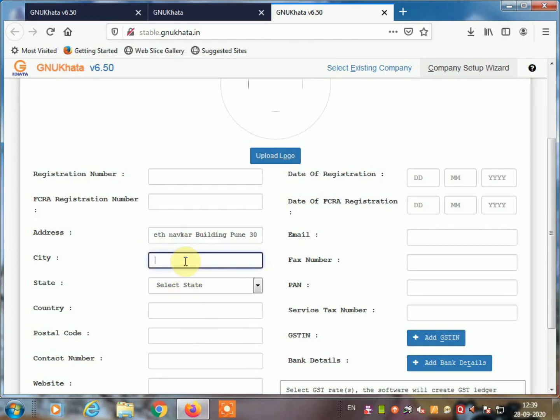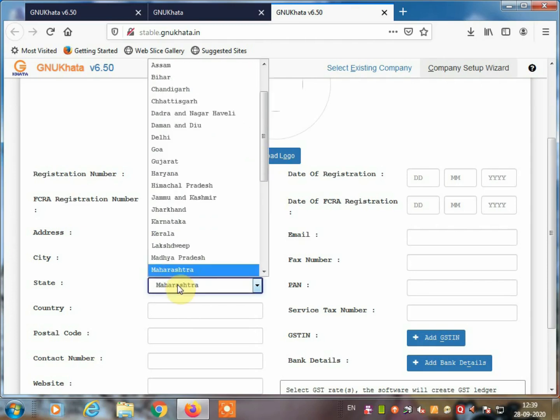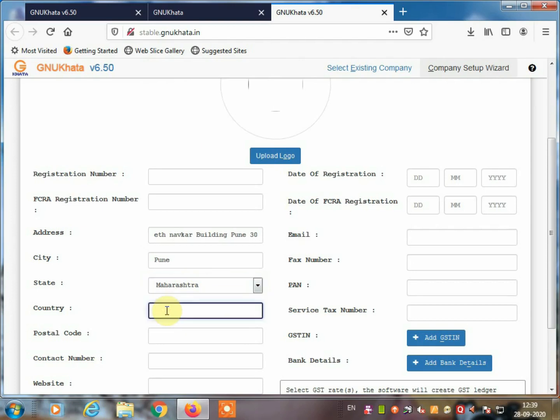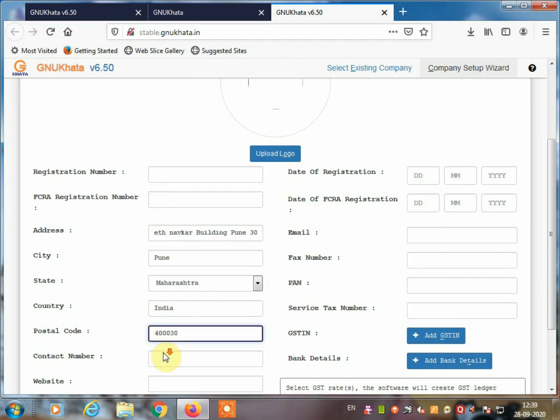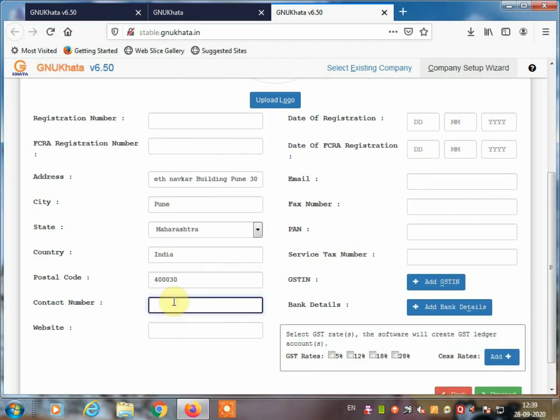City Pune, State Maharashtra, country India. The postal code is given, so you can write here 400030. Okay, contact number, you can give the contact number.